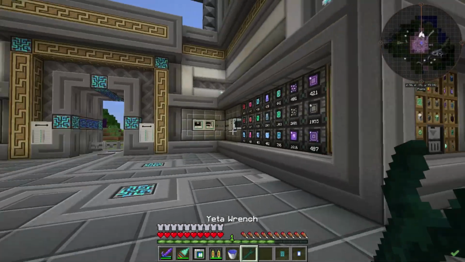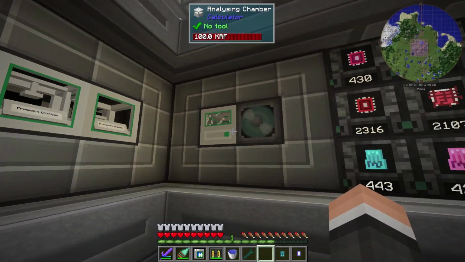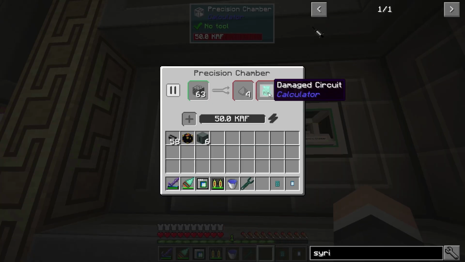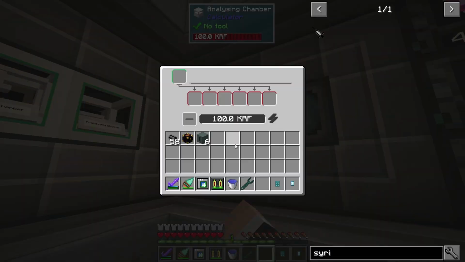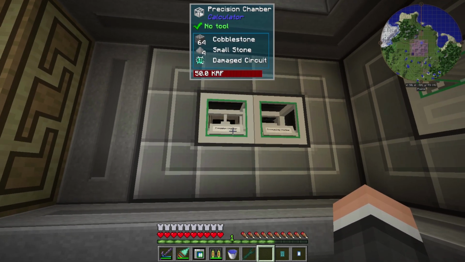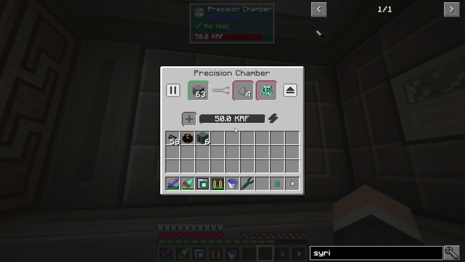Yeah, in between episodes, I broke down my calculator setup, well, my circuit setup. It's been reduced in size majorly. What I did is just put max upgrades into all of these, and you can see how fast this is now. It just flies now. I don't need the multiple chambers, so I'm literally using one precision chamber, one processing chamber, and this thing goes